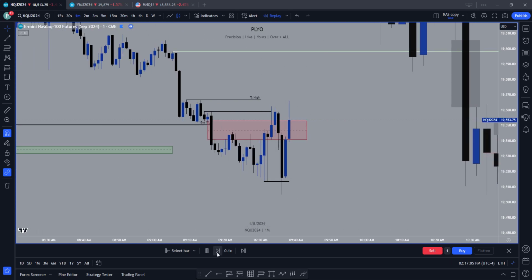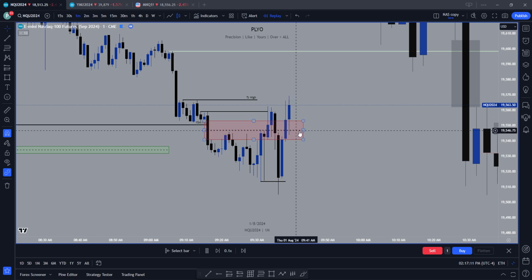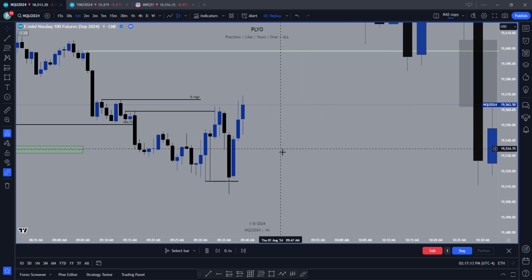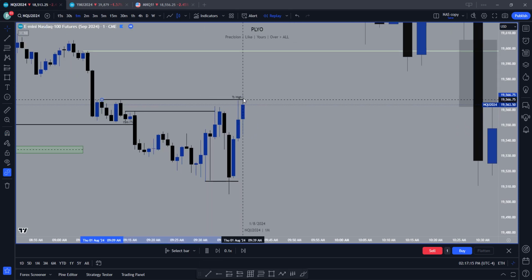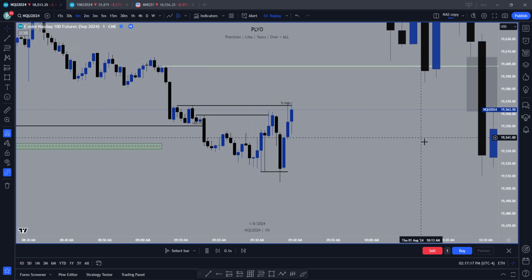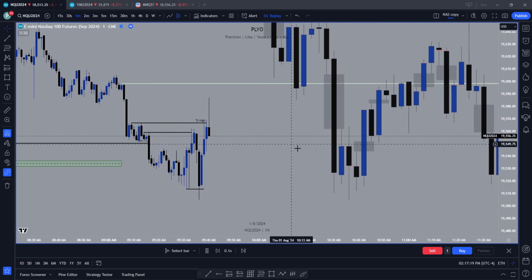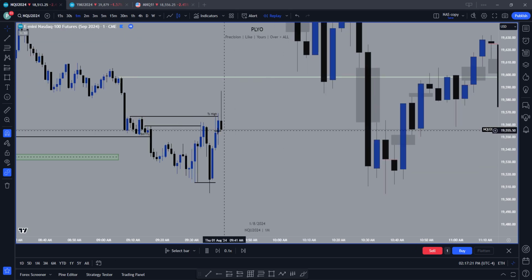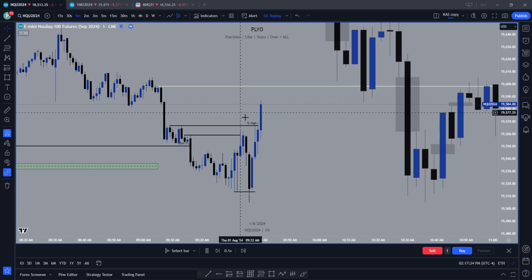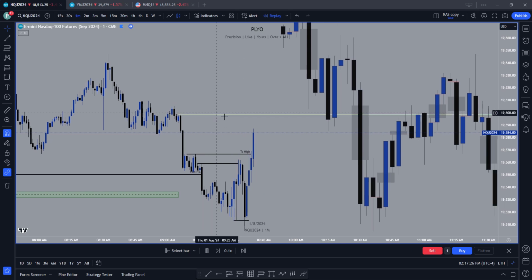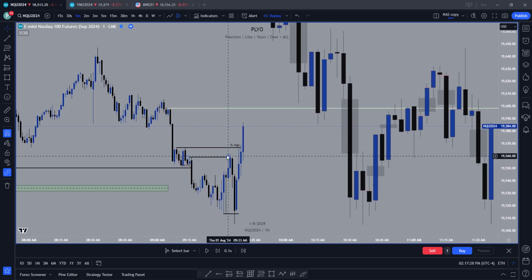But to be honest with you, it looks pretty choppy. This is a pretty choppy open because we inverse the gap up and we come right back down and then come right back through it again. And then we hit the turtle soup high. So let's see if we continue up. Because remember, if we continue higher, that means that the draw is likely higher. So I'm going to pause it right here and talk about